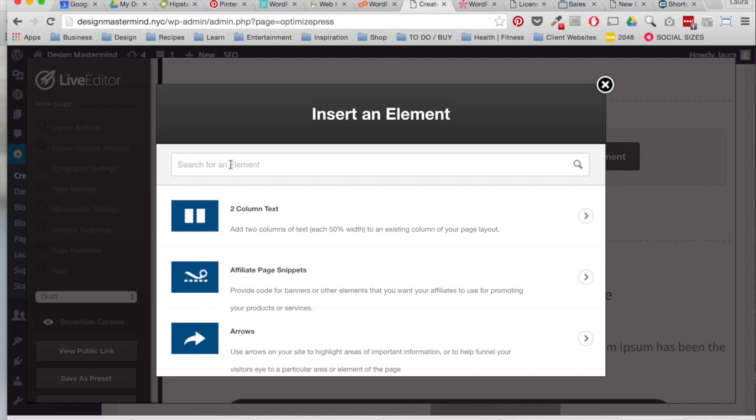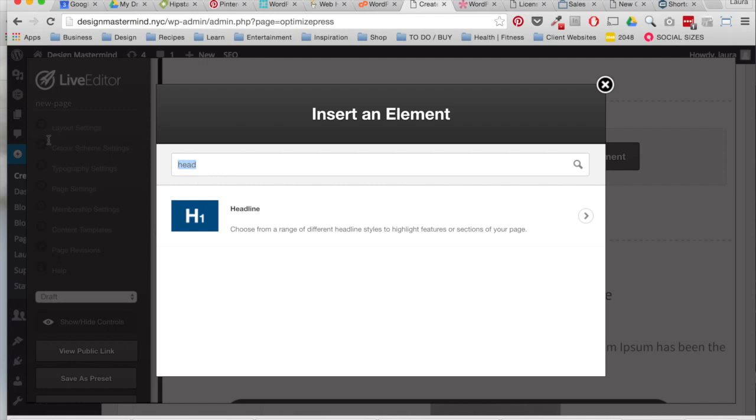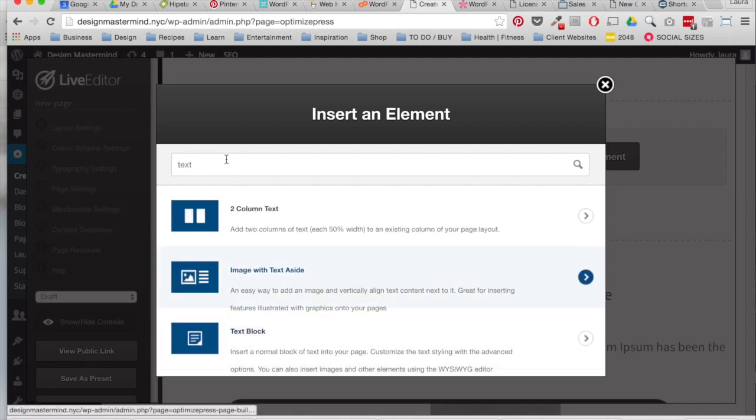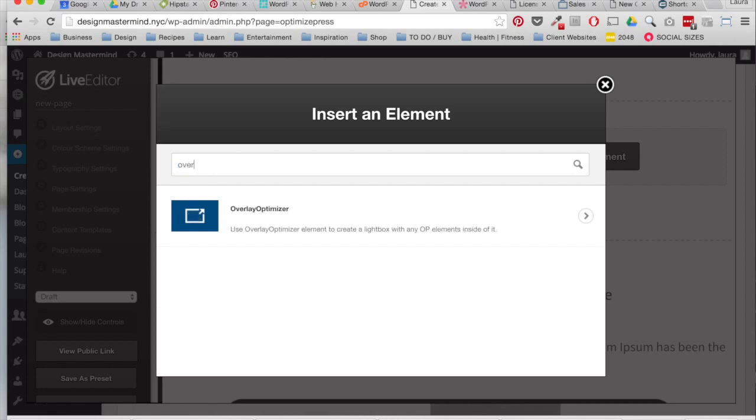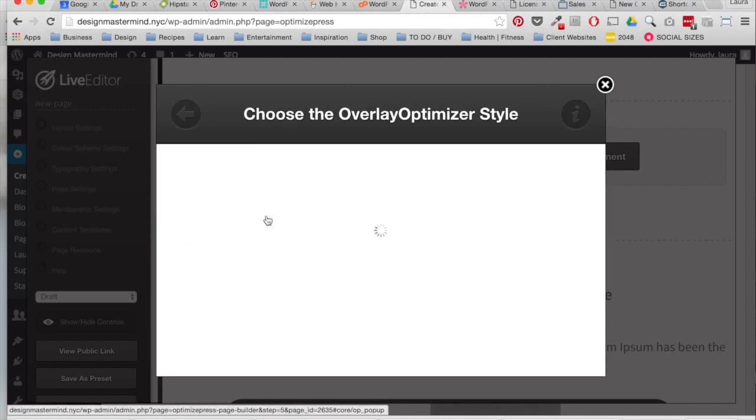For instance, the elements that I use the most are headline, boom, text block, right here, image, right here, overlay optimizer, and an overlay optimizer is a button that you can press and then add content inside the overlay. So for instance, if you had a button on your website that said sign up now, when you click that button, instead of being brought to another page, the overlay optimizer tool will just display the content that you choose